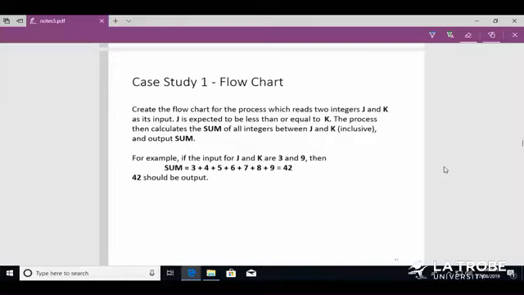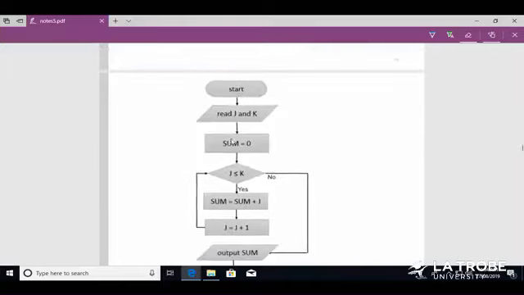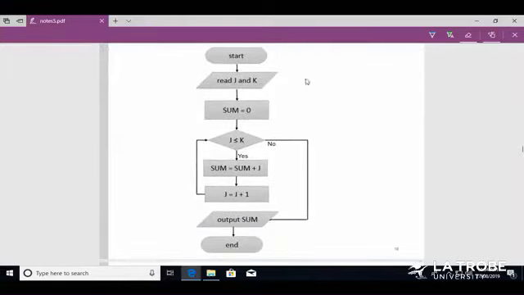Alright, so let's have a look at the solution here. First of all, of course, the start of the whole process with that rounded rectangle shape. Read j and k. These are my two variables. Alright, so in order to find the summation of all the integers between j and k, I need to have a variable sum, and I